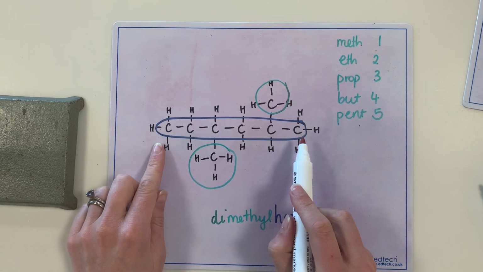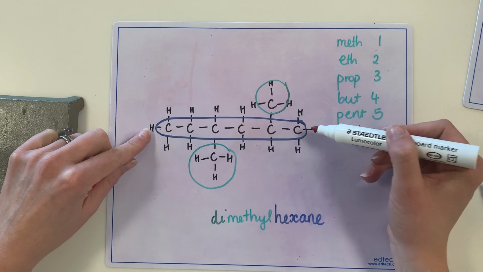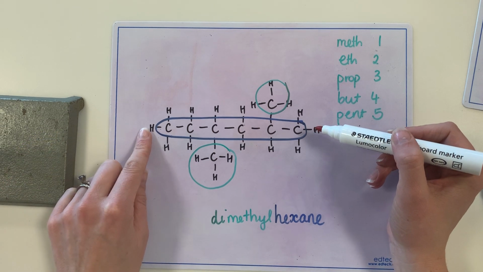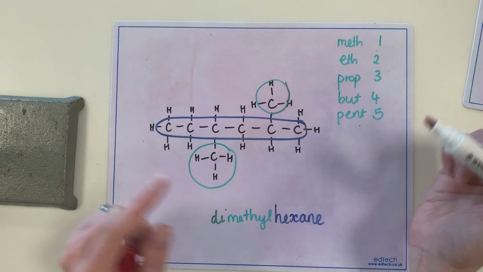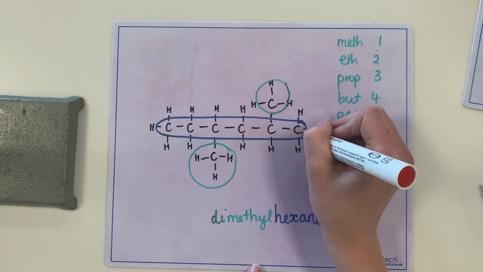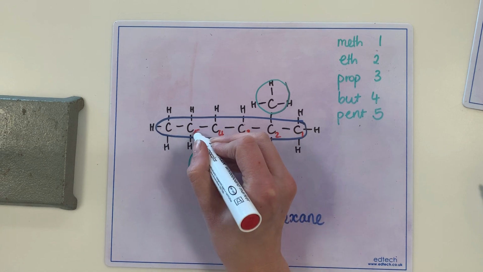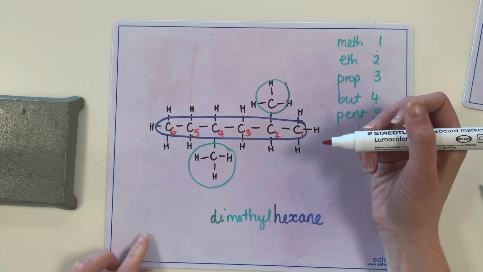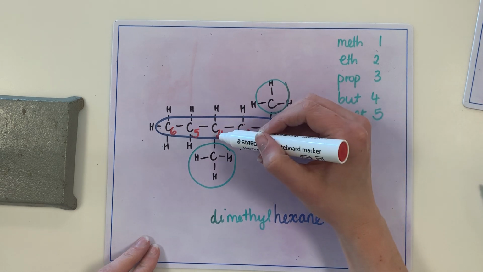So we start ordering our carbons from the end of the hydrocarbon chain that's closest to a side group. So here we'd be going 1, 2, 3, or from this side, 1, 2. So we start at this end. 1, 2, 3, 4, 5, 6. We can see that our methyl group here is attached to carbon number 2, and this methyl group is attached